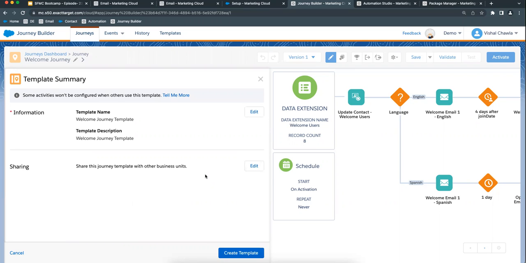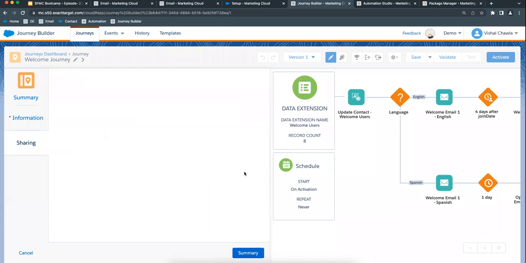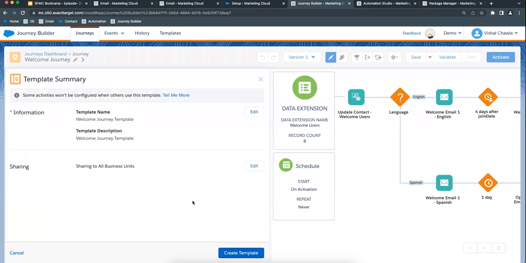So maybe one option is to use the template still within the business unit. Maybe there are different versions or variations of a single journey, and you do not want to create all the journeys from scratch. So you can still use journey templates, but use them within the same business unit. Or the second option is you want to use that across other business units. So if you want to share it, just go here and toggle this option, summary, and